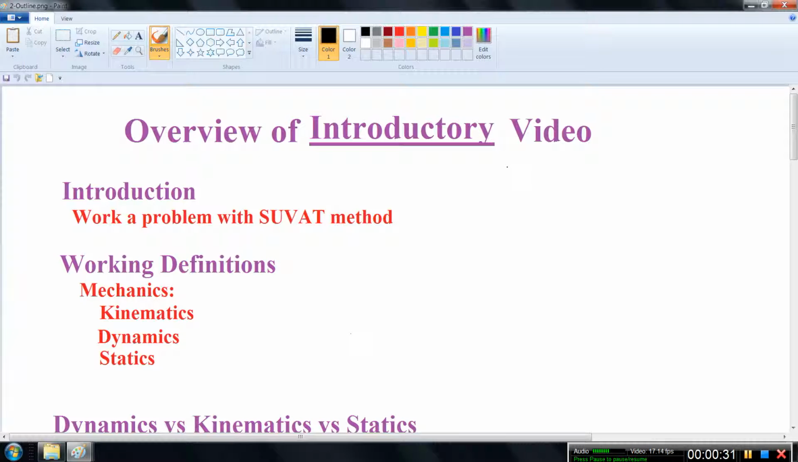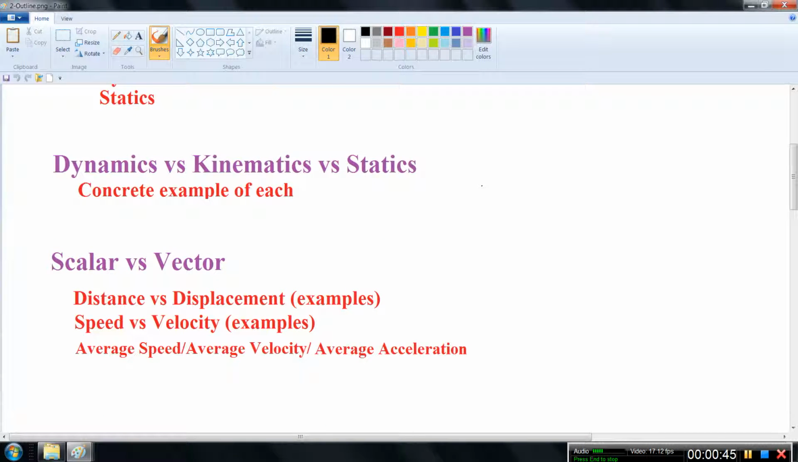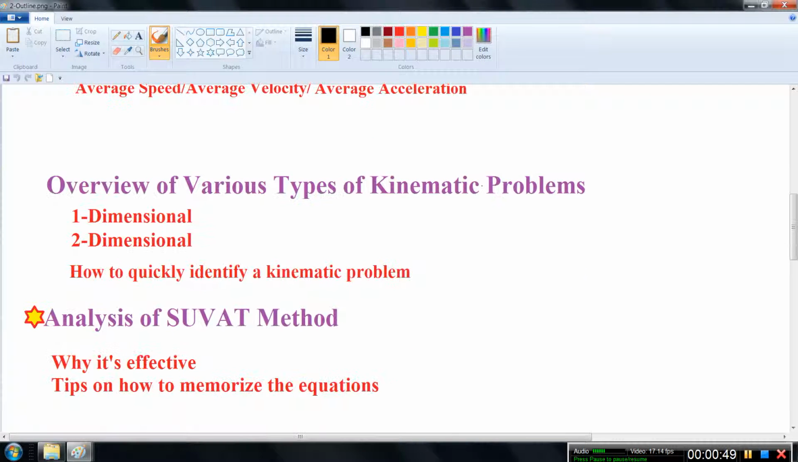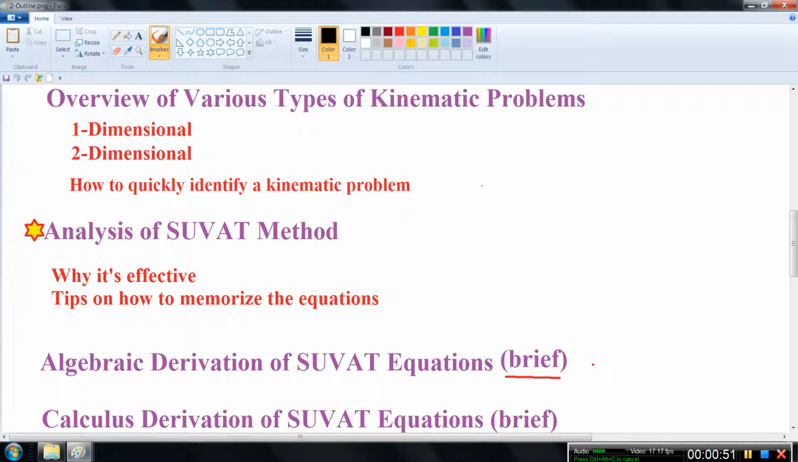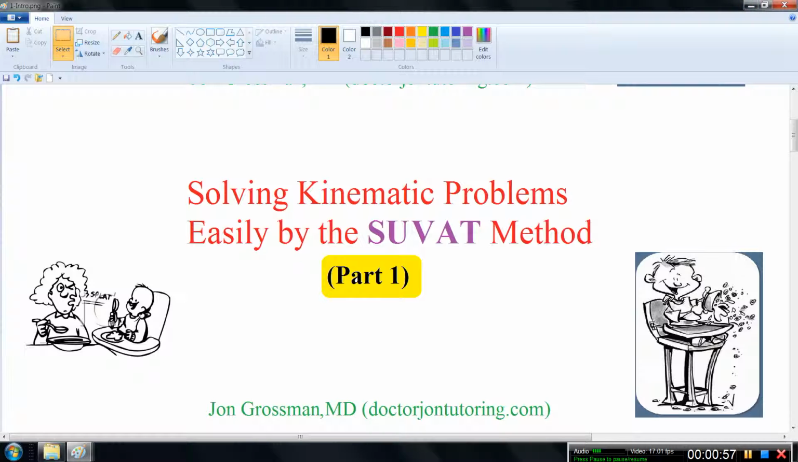In the introductory video, I explain the rationale behind the SUVAT method and also review general kinematic concepts and terminology, and also do equation derivations in detail of the kinematic equations. So you can pause the video if you want to look at this outline of the first video in a little more detail. Okay, so we're going to work 3 kinematic problems in this video, but before